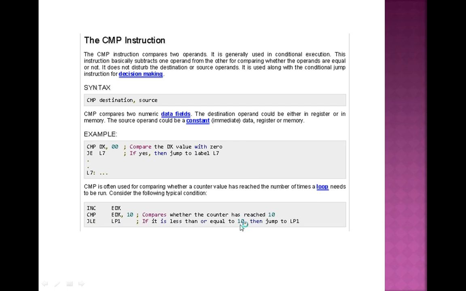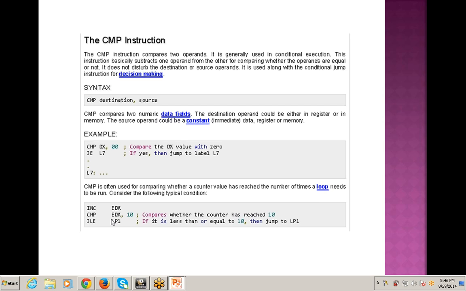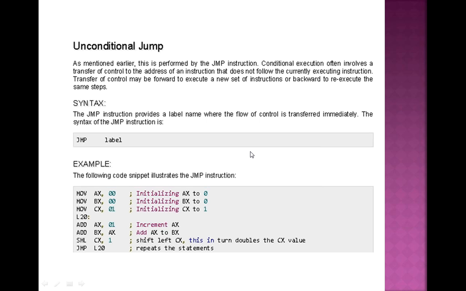If it is less than or equal to 10, not beyond 10, then jump to LP1. This is the jump and this is your LP1, that is label 1. This is done by the CMP instruction.